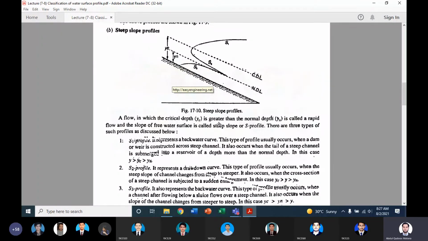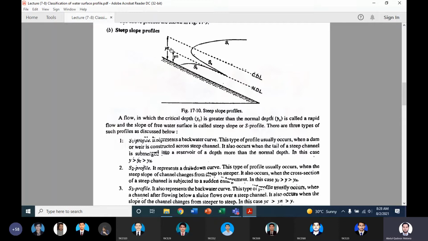Now this is the profile of the steep slope. Now this we see as the horizontal datum which is being considered, and here we see the bed of the channel which is raised to a sufficient degree if we compare it with the mild slope. So in this case again the parallel lines are the normal depth and then the critical depth line. In the first case, ये तो हम generally discuss कर चुके हैं, it will be the backwater curve, and the third zone is also going to be the backwater curve rising from the bed, ठीक है। So the second profile will be a drop down curve, so we'll have such type of profile for the steep slopes.